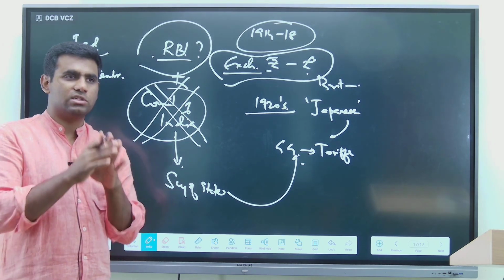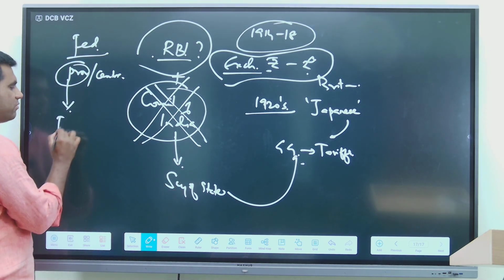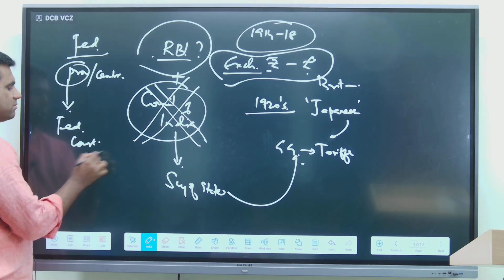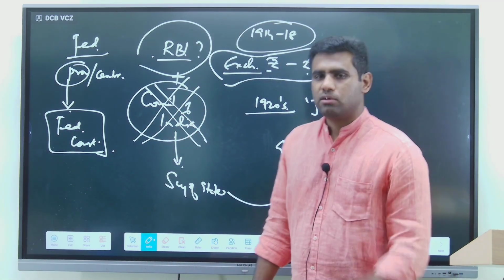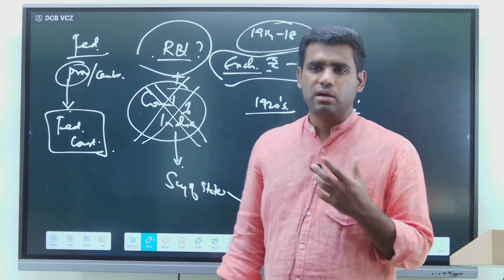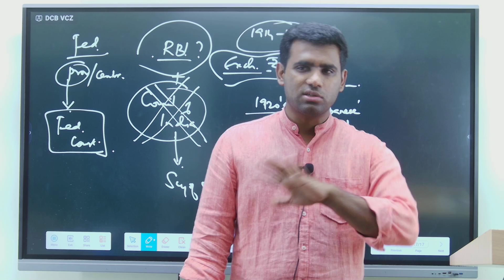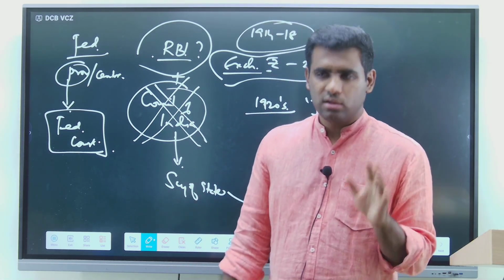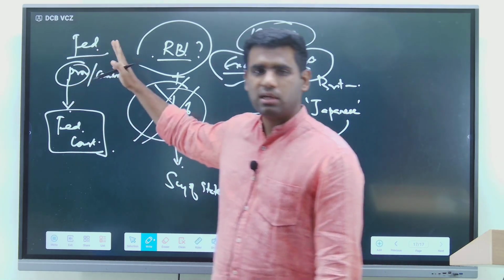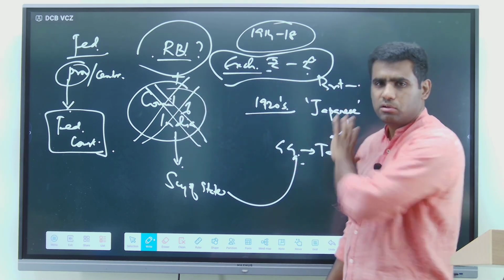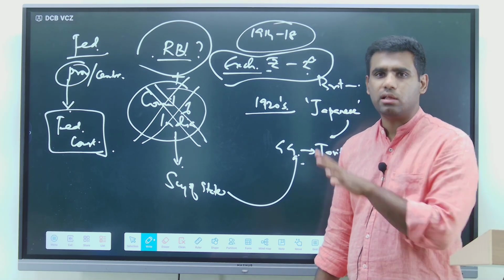So you need a dispute resolution mechanism, and the dispute resolution mechanism was set up in the form of a federal court, right? Which is today's Supreme Court, right? Today's Supreme Court has its important jurisdiction of federal jurisdiction. That is, if there is a conflict between the center and states, the only court to have exclusive jurisdiction to resolve the conflict would be the Supreme Court, right? Similarly, a federal court was set up to adjudicate disputes between provinces and the center, right? So these are all the different important points that you have to remember out of the Government of India Act 1935,